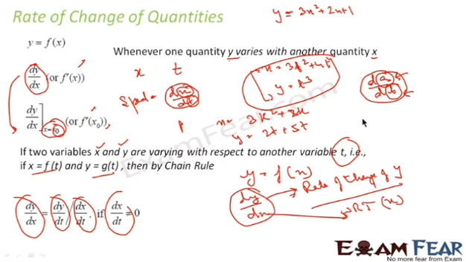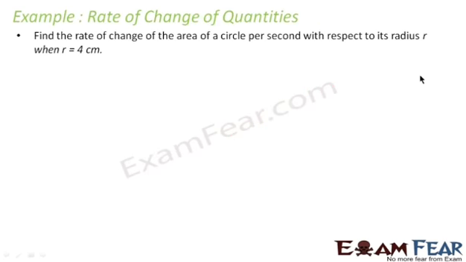In this case, my dy by dx will be 0, because you make any change in y, any change in x, they are independent of each other. So these things have a value only if both these quantities are related. If A and B are linked, then it will have some value, or else it will be 0. So to understand the concepts better, the question says we have to find